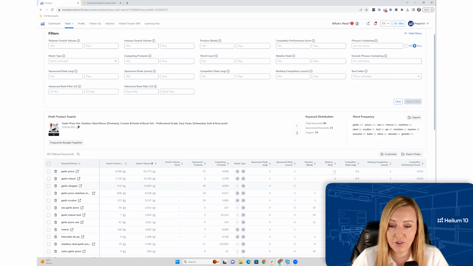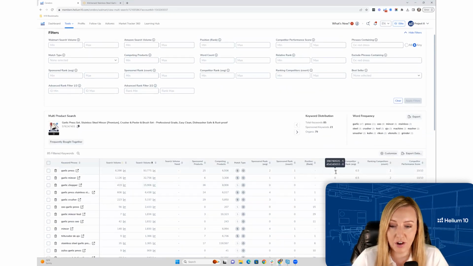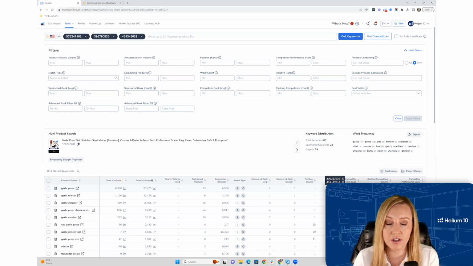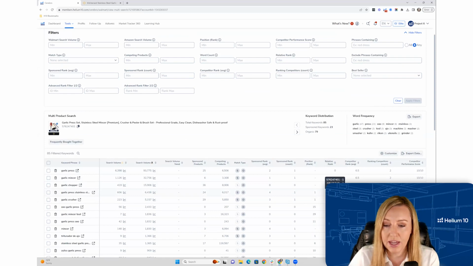So the relative rank here, if it's zero, it means they really aren't ranking. The other 2 competitors are beating them. So you can see that we're in zero place. This one competitor is ranked 5th, and the other competitor is ranked 8th. So we're not even ranking there, but right here, it looks like we're beating everybody because we are in position 1 on this particular keyword. So we're beating them there.